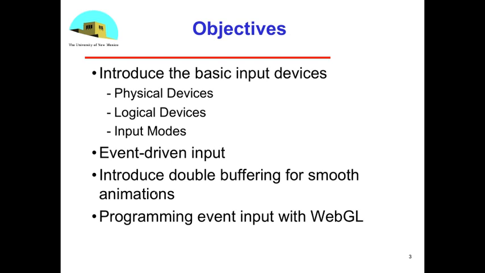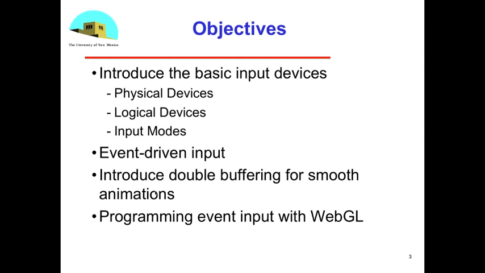We're going to have a lot of differences here because we're going to have input that occurs in multiple ways from multiple devices, and we're going to have to look not only briefly at those devices but also look at them in different ways, both physically and logically. We're eventually going to get to the point where we say we're mostly interested in graphics and event-driven input, and we want to make things smooth, so we'll talk about how